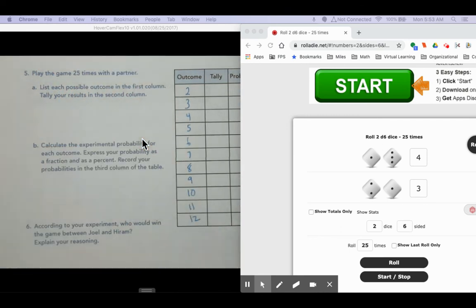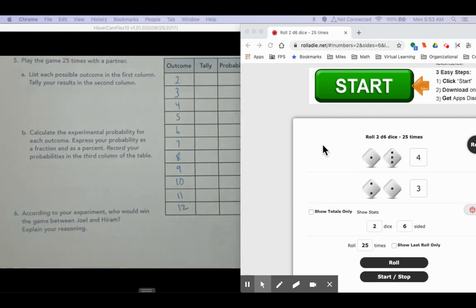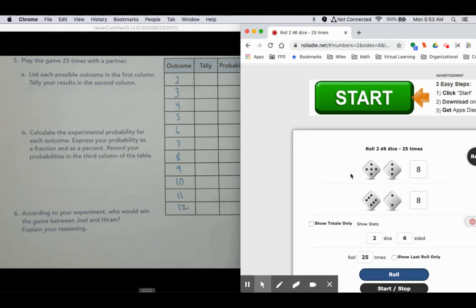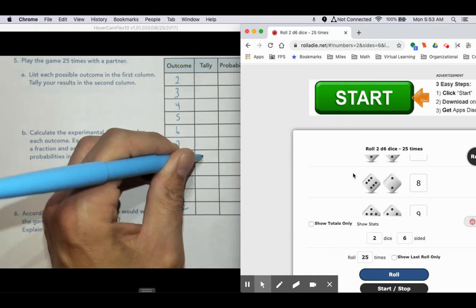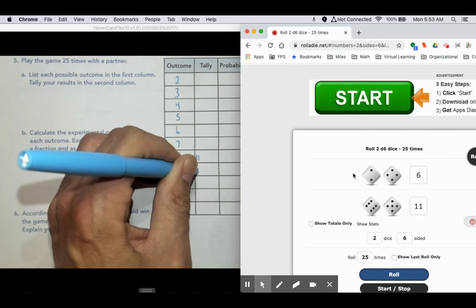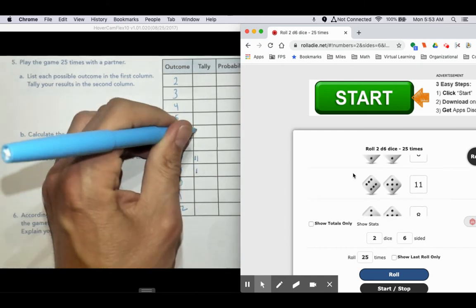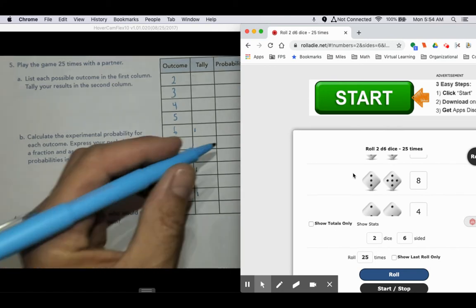Then tally my responses. So, random number roller here: 2 dice, 6-sided, 25 times. Click roll now. Hopefully, there we go. All right. Then let's see here. We have 8, 8, 9, 6, 11, 8,